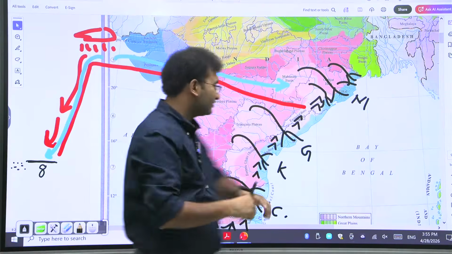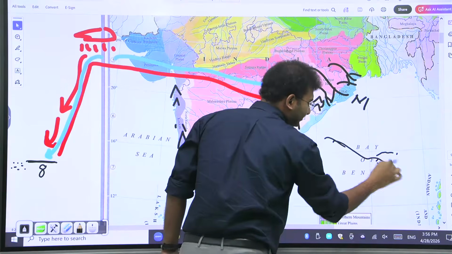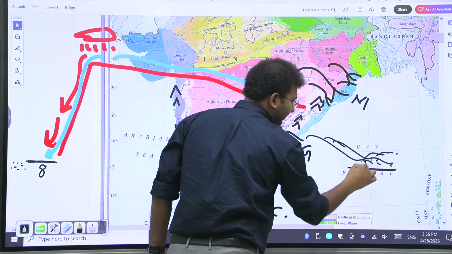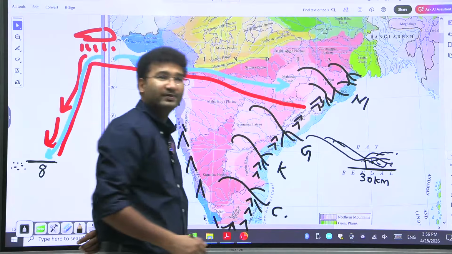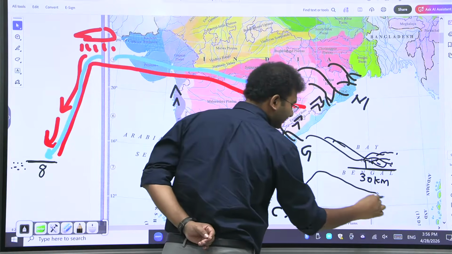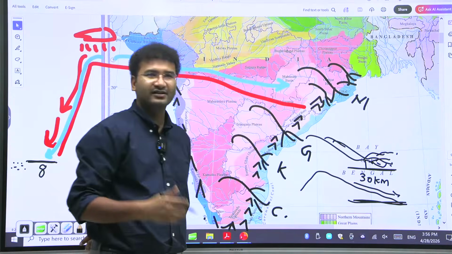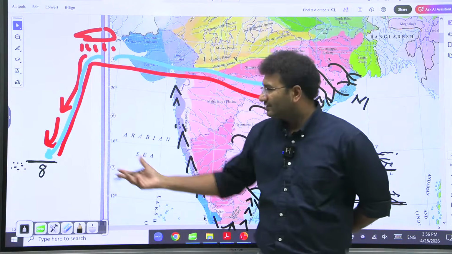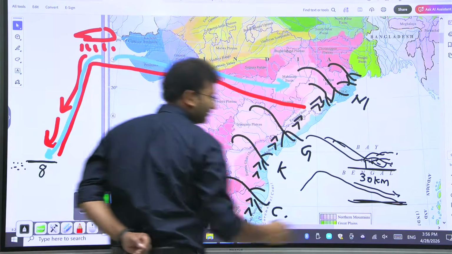But same goes to the eastern side. You see, if the river is coming in this direction, river is having this plain area. This is a plain area. This river comes and deposits itself for 30 kilometers. And the slope is very gentle, right? So this mountain slope is very gentle. So the river comes and deposits here. That means the river flows very gently. So look at the difference. And your coastal areas will be like this. Imagine this is your water.